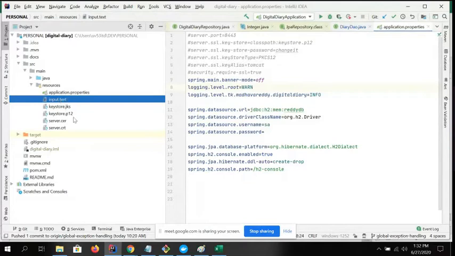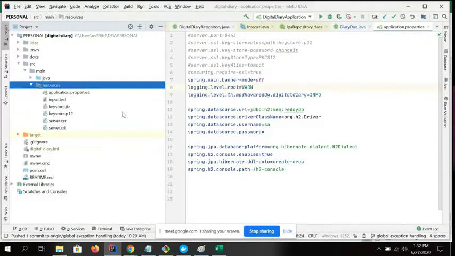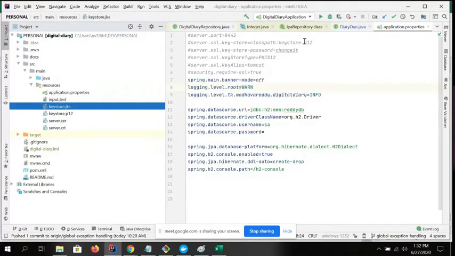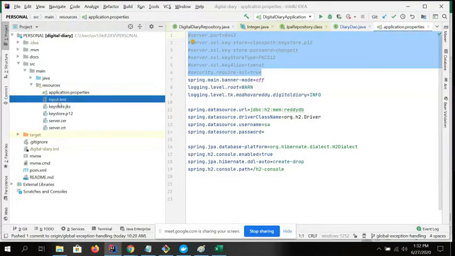Okay, actually this is for something different, and I'm not using it right now. This is for when you want to enable security like HTTPS. For the moment I don't want to explain security, that's the reason I commented it out before going ahead. These are not related to any JPA.